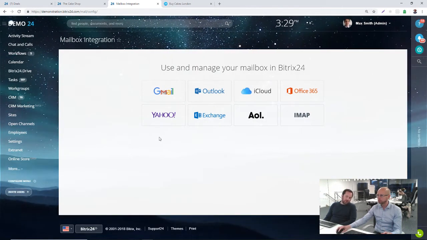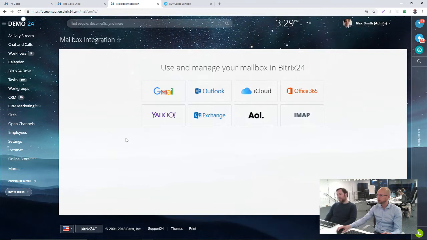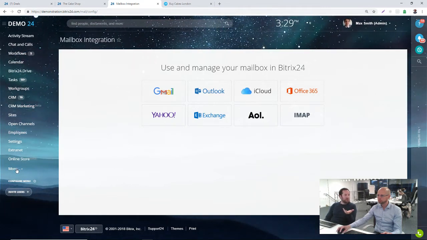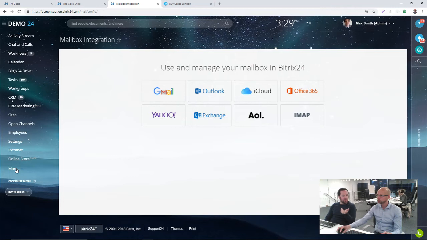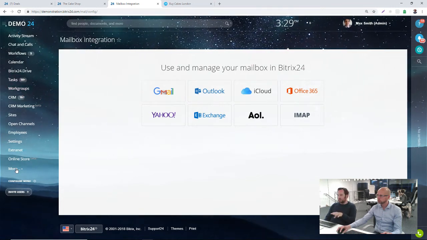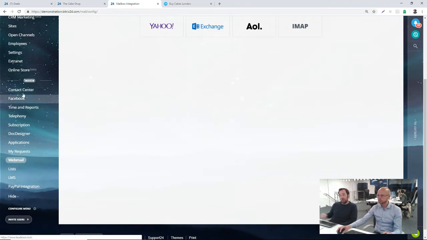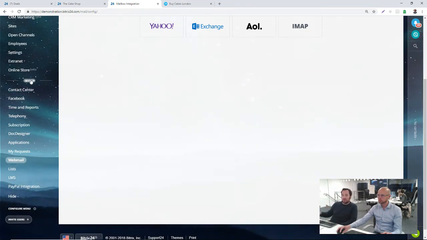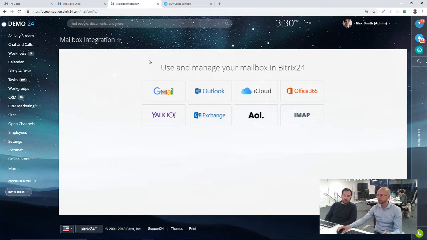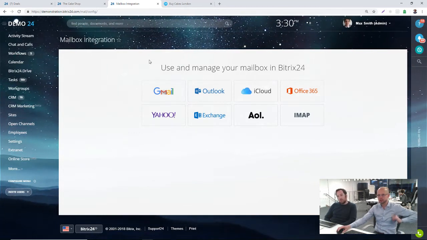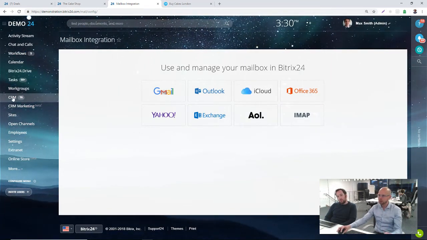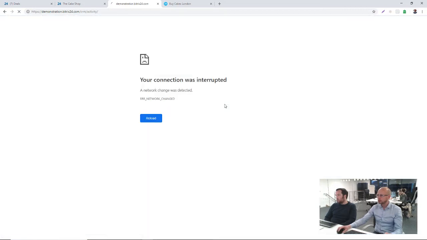You don't have to do that now, do you? Though I think if you wanted to, you still keep your Gmail and you can access your emails using Gmail. But now Bitrix have introduced this, so if we were to connect our Gmail, it would show our full inbox inside this particular page itself. Yeah, absolutely. It has changed recently. So once you've done that, then